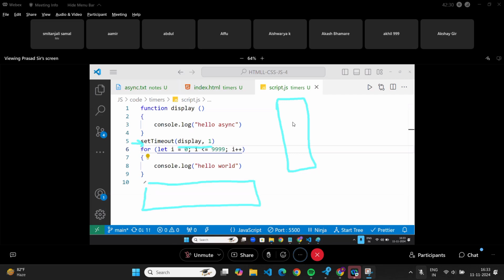Immediately JavaScript will push this one into one queue. This is called the task queue, or people call it the event loop queue. Now immediately the next one, hello world, will come and it will run. After hello world is run, when the whole call stack is empty, then this task queue will come here, whatever the elements in the task queue.